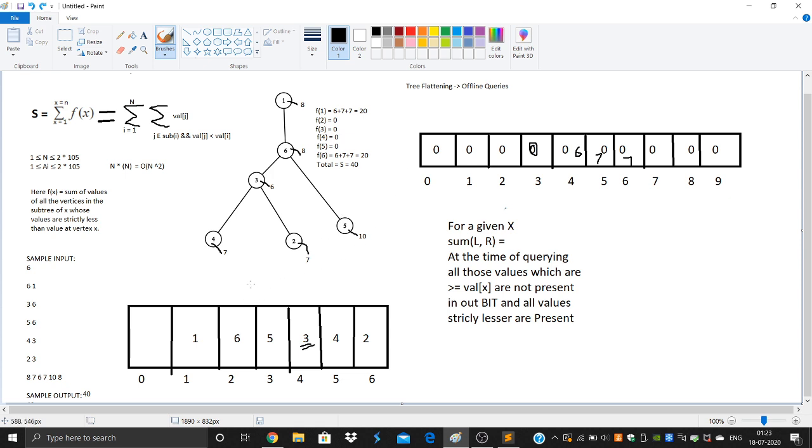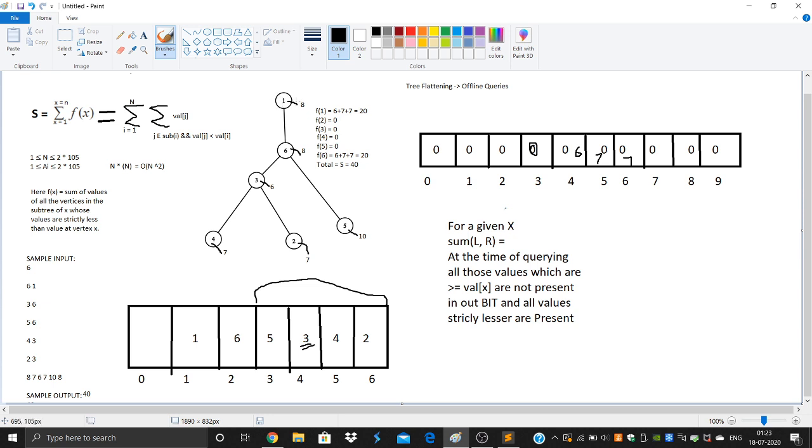It is 5. What is 5 minus 1? 4. What's so special about 4? If we look at the values immediately after 6, it's 2, 3, 4, 5. Those are in its subtree, and we want value exact 0 at 3 because it's strictly greater, so that won't come into the sum. But then 6, 7, and 7 being strictly lesser will enter into the sum, and we would get f of 6 as 20, which is what we wanted.